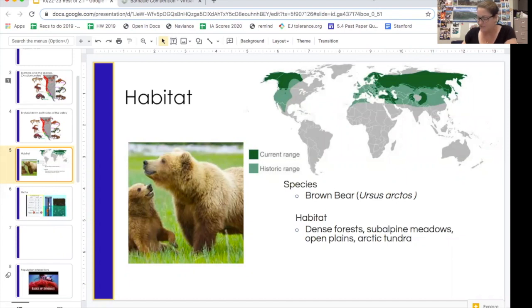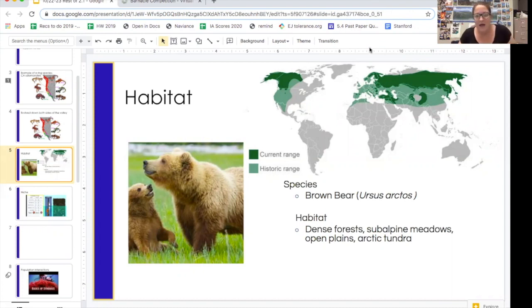I want to talk about habitat and niches. Habitat describes the location where an animal can live. So for brown bear, also known as grizzly bears in the US, they can live in a really wide range of habitats. They can live in dense forests or subalpine meadows or open plains or Arctic tundra. So rather than habitat being a specific location, like they live in Canada, it describes the area